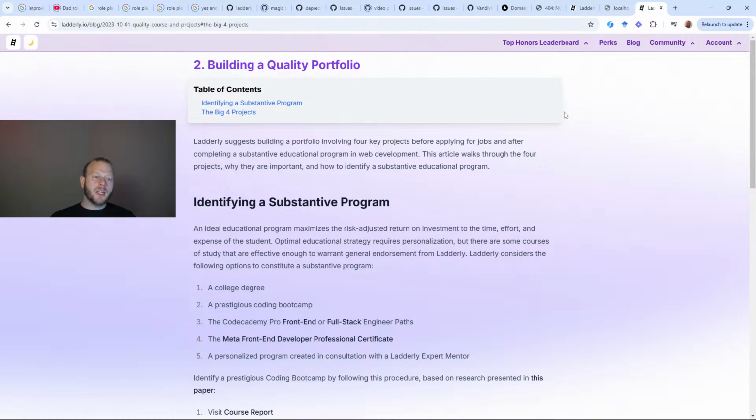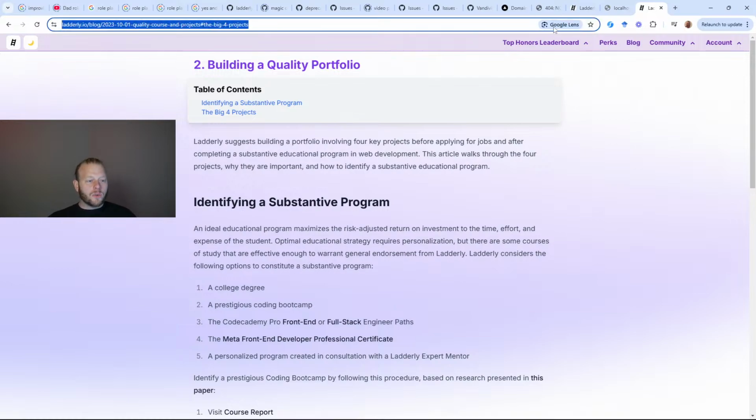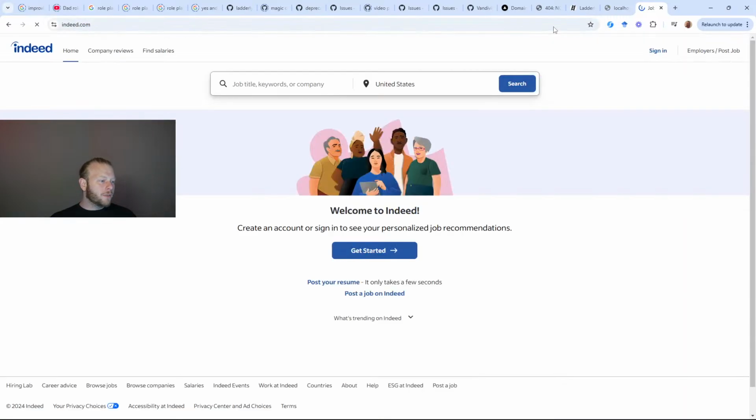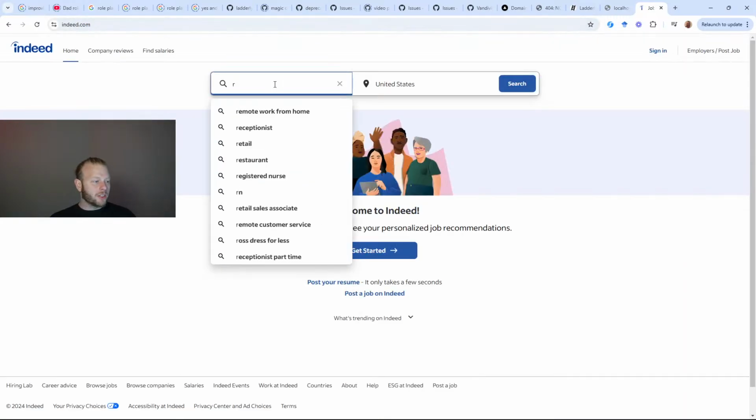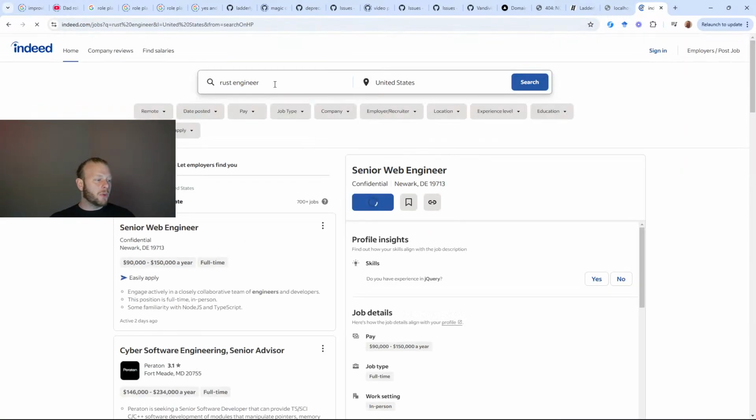So yeah, if you want to be an industry leader, if you're a senior plus, I would recommend you check out Rust. It's not the newest language, but it's a really big trend right now, and it's on the leading edge. So Rust is really cool, but if you go to Indeed.com and look for Rust engineer jobs, it's going to be a small number. Okay, so there's hundreds of these, not tens of thousands.